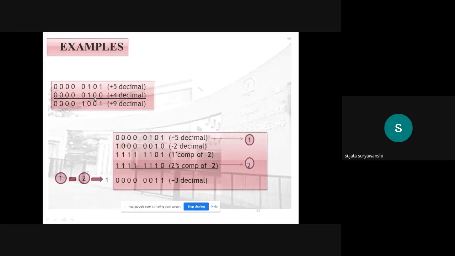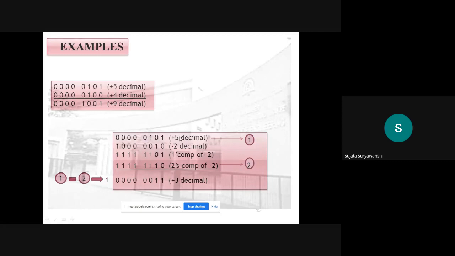Then you have to perform addition and follow the addition rules. 1 plus 0 is 1, 0 plus 0 is 0, 1 plus 1 is 0 carry 1, then 1 plus 0 plus 1 is 1, and the remaining are 1, 1. This is your second step. In that second step, you are getting sign bit 0. That's why your result is also a positive number. The magnitude you are getting is 1001, which shows the decimal number 9. That's why your result is +9.